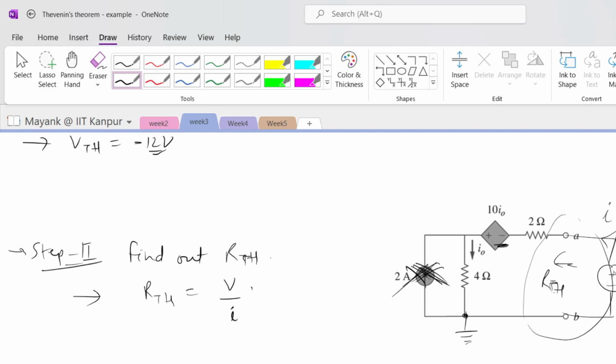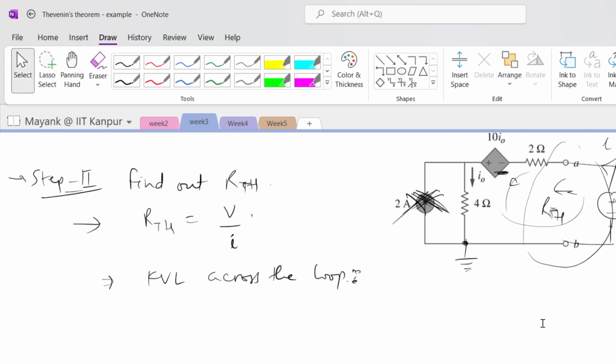Fine. So if there is a voltage source V here, let's say it's equal to 1 volt. So how much current will it be taking? So let's write out the KVL across this loop, isn't it? The KVL across the loop will be, what will that be? It will be equal to 1 volt